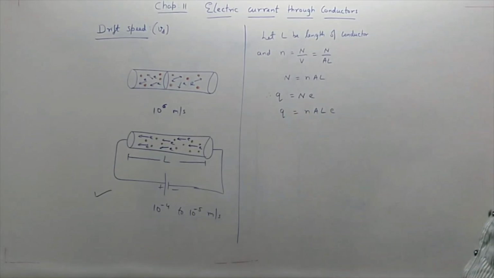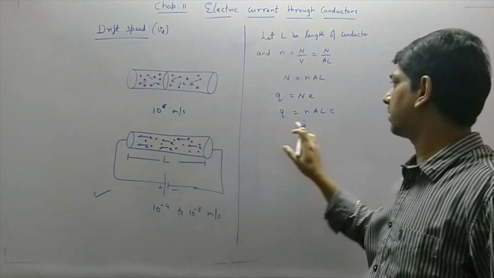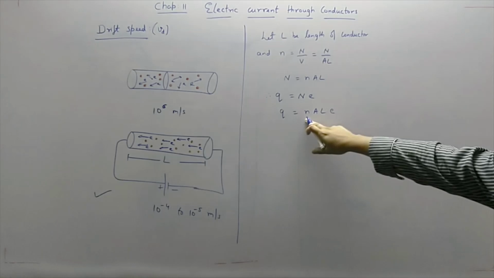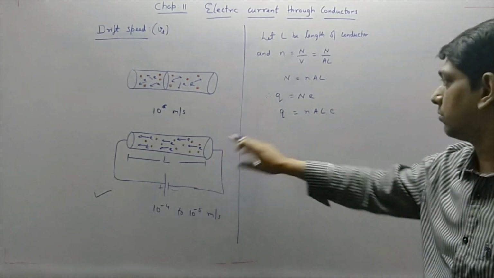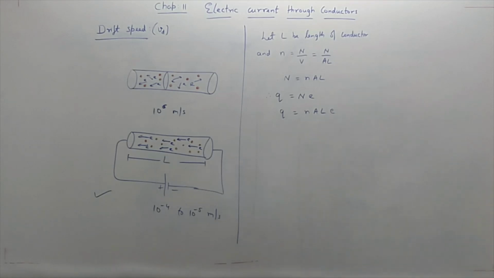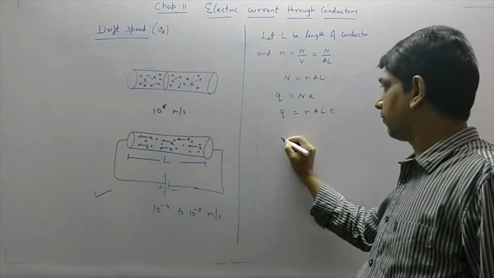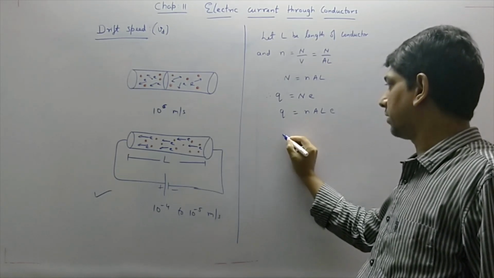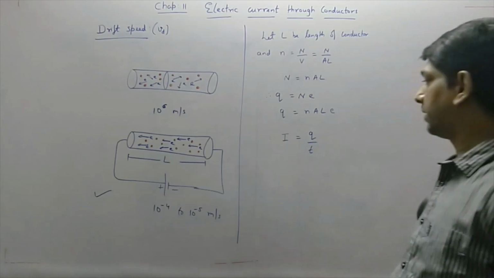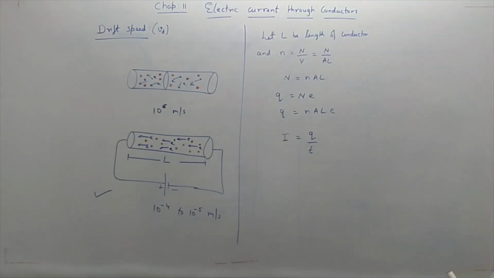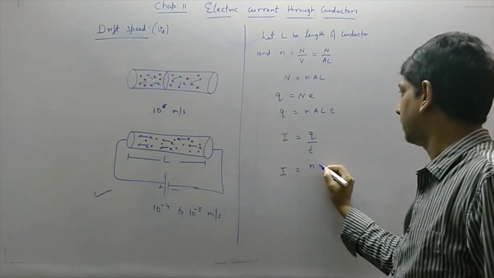So the total negative charge flowing through the conductor is n, the number of electrons per unit volume, times A, the area of cross section, times L, the length of the conductor, times e, the charge of the electron. And hence we can find the current flowing here. What is current? We know it is Q by T, that is the rate of flow of charge. So current I is equal to Q,